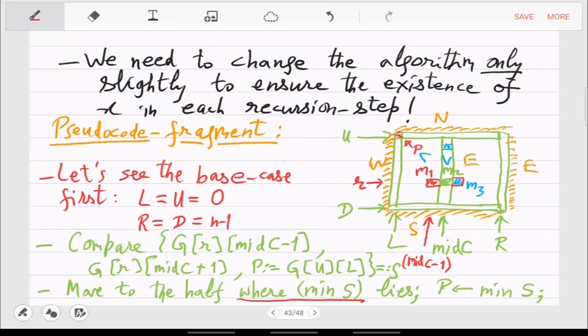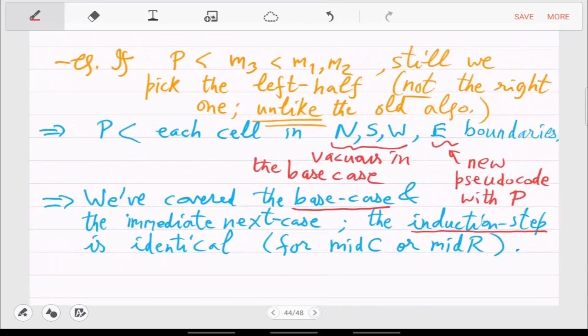So whatever point P we find, which is kind of a certificate that the half that we have picked satisfies the invariant, we store that P, and next time we have the comparison with the stored P. So just that important note that P gets updated in each induction step.